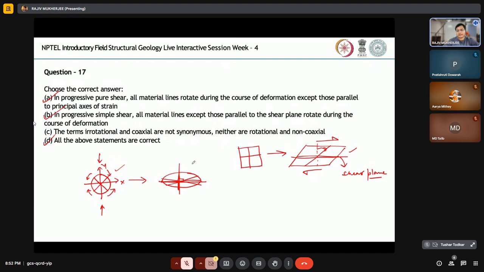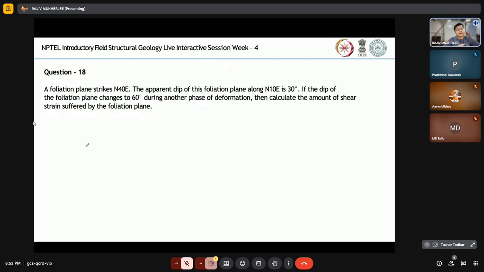then it becomes non-coaxial deformation, but that doesn't restrict the rotation. Rotation can also occur in coaxial deformation. Not all rotations occur along non-coaxial deformation. So that is why these terms are also not synonymous. So option C is correct, and that is why the actual correct answer will be D, because all of the above statements are correct. So coming to the final question,